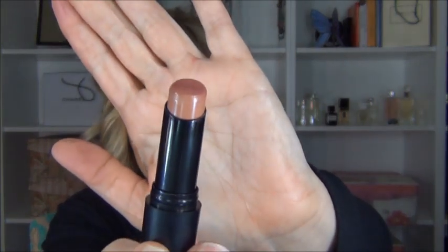This is less pink, more nude, but I love it. It's very easy to wear. It's a bit of a slippery lipstick, which I prefer. Love it. And I have two of those because they're hard to get. Can't buy them here in the States. And then the other lipstick that I have two of